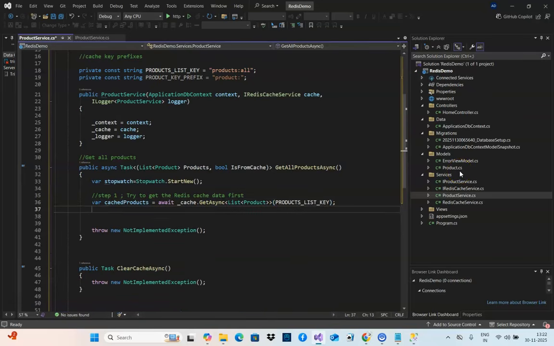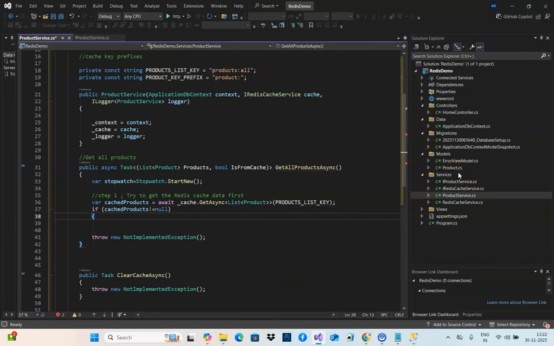Now if cached product data is not equal to null,